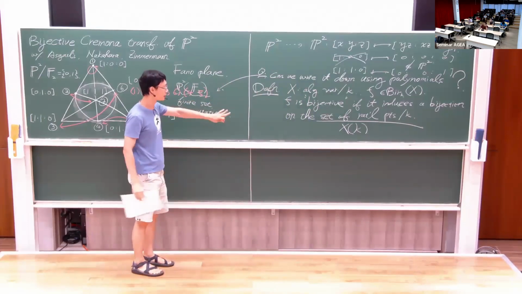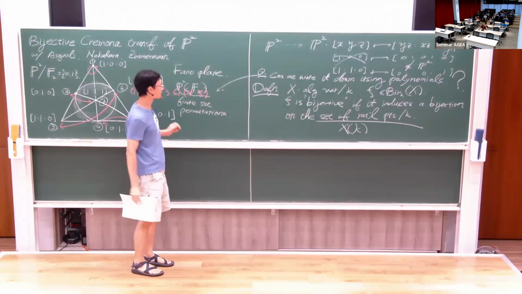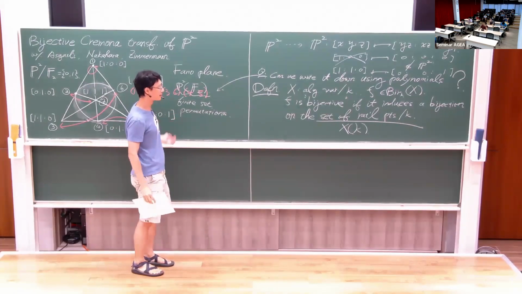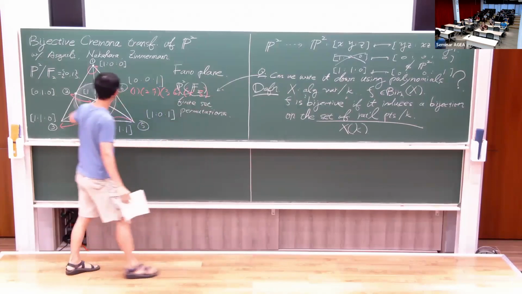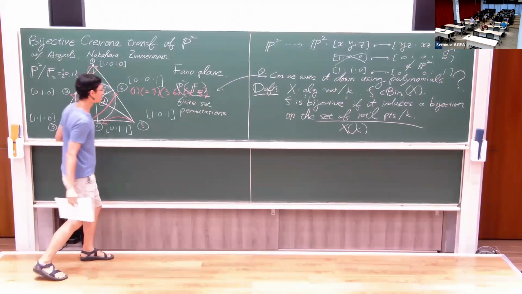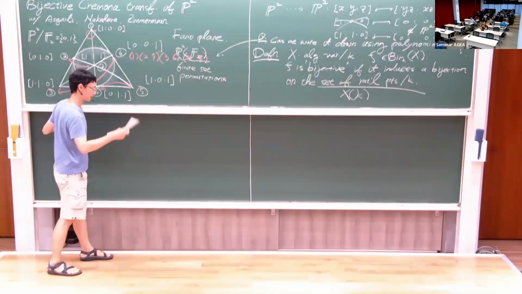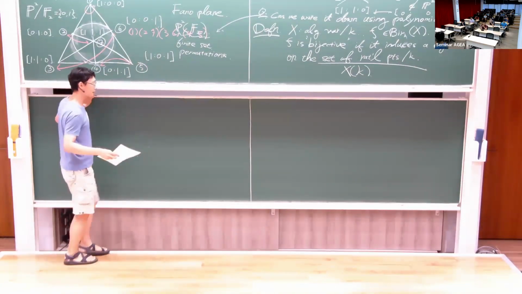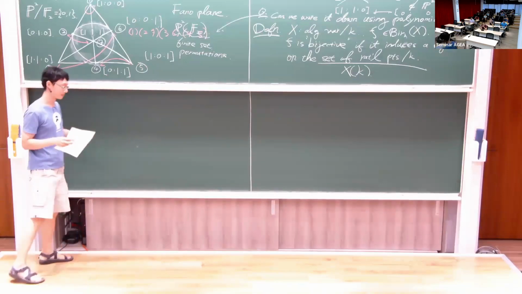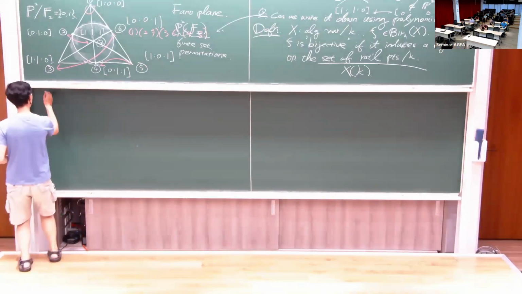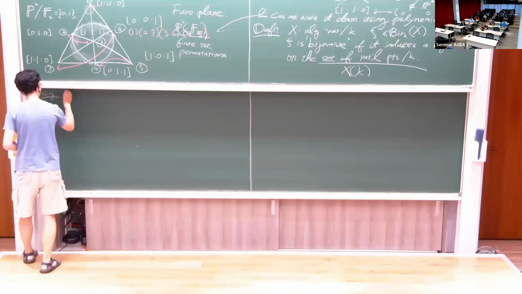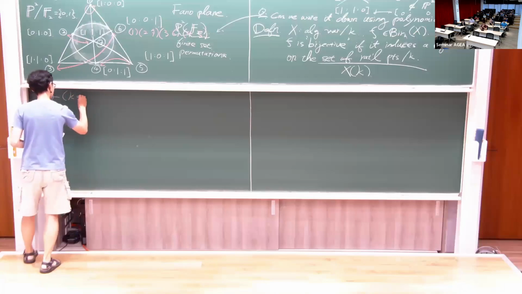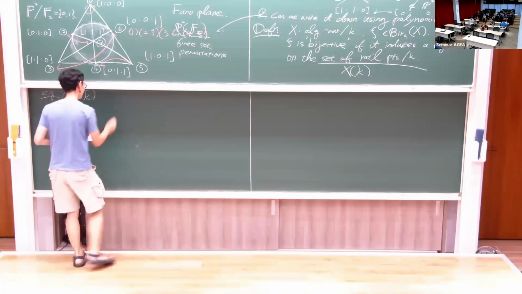So under this definition and looking at this question, my question is whether I can find such a bijective automorphism in this setting. Okay, so we have a definition, and given that general definition, I want to give you some examples, some easy examples. For example, if K is algebraically closed, then,